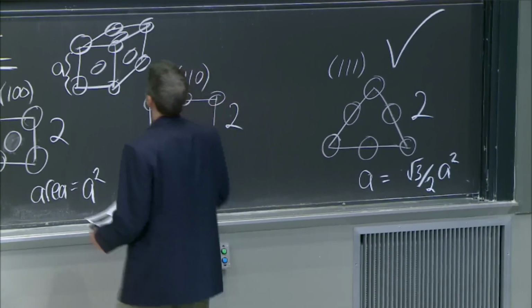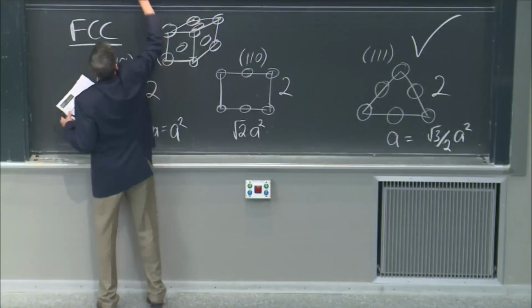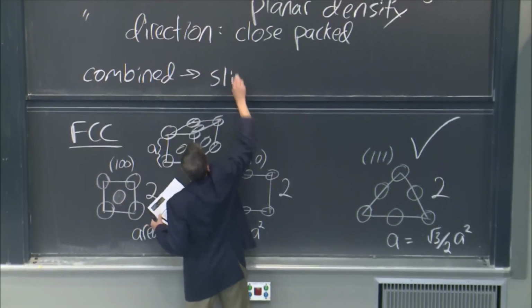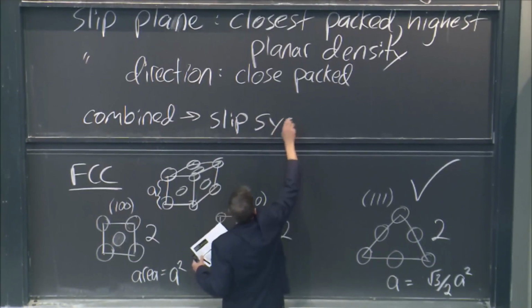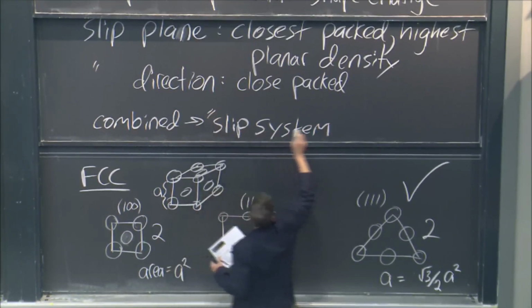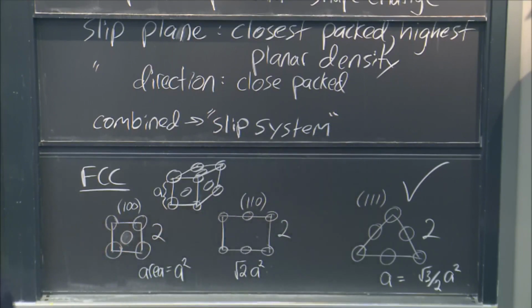Slip plane plus this direction together, combined, these are called slip systems. The slip plane and the direction, that's called the slip system. Okay. Now,